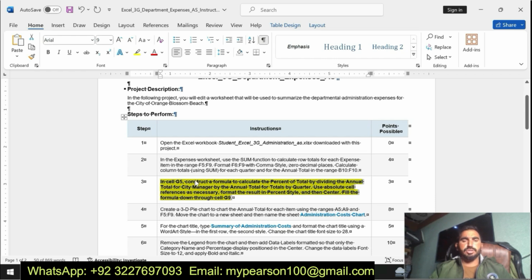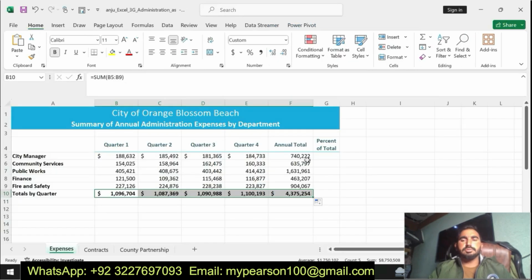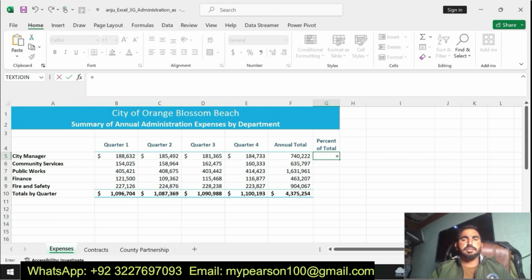In this step, in cell G5, we construct a formula to calculate the percentage of total by dividing the annual total. Here is our G5.